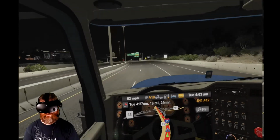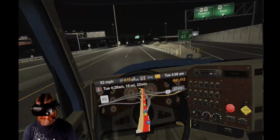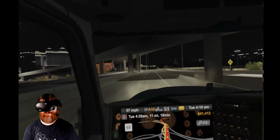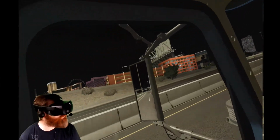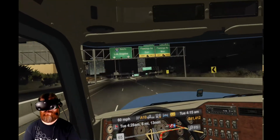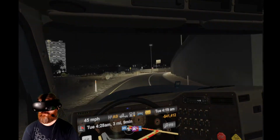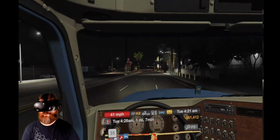This is full throttle. I don't know that I'm even accelerating. Just barely. It's probably faster to let off the pedal a little bit. Sometimes it's too rich, too much fuel. Look at that. I think this is Las Vegas coming up, or I'm not exactly sure. It looks like a Ferris wheel there. Whoa, let's not die. Okay, I gotta get out. I gotta go this way and this way. Hopefully that wasn't rude. Ooh, I got a whole train with me and I'm coming out like that. That's the thing, they don't give you much time to...